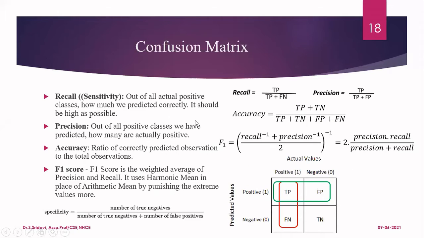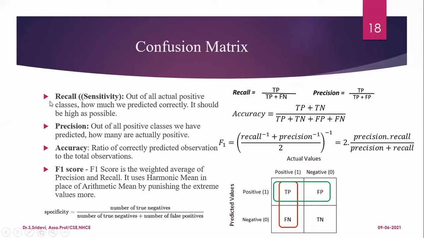Now let us see what other things you can find out from the confusion matrix. Once the confusion matrix is given, when you print it, you will print only these 4 values. That is, if I give you a binary classification problem, the matrix will be printed as a 2 cross 2 matrix. Then from that, what other parameters can you measure? From the confusion matrix, we can measure different parameters. The important parameters I have highlighted here.